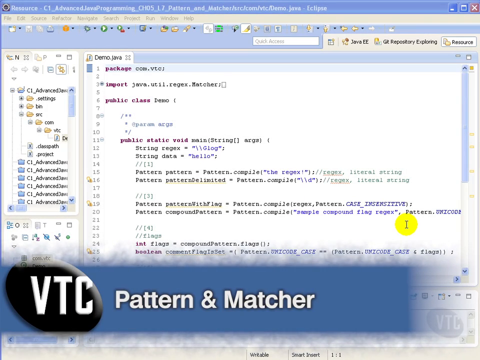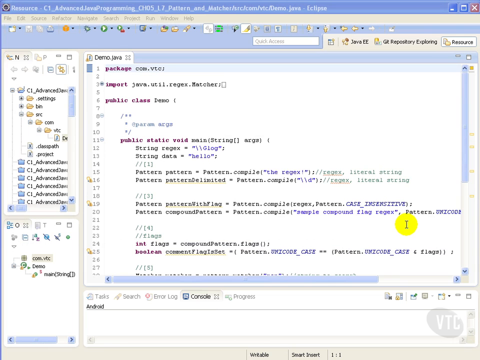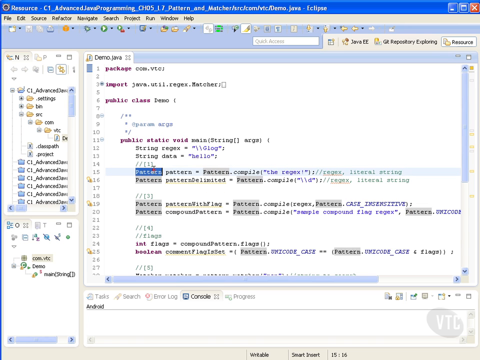In this video, we will introduce pattern and matcher within the Java programming language. The java.util.regex package offers a powerful and economical object model to implement regular expressions in Java. It is composed entirely of three objects: the Pattern object, the Matcher object, and a PatternSyntaxException. If we look at our code here,